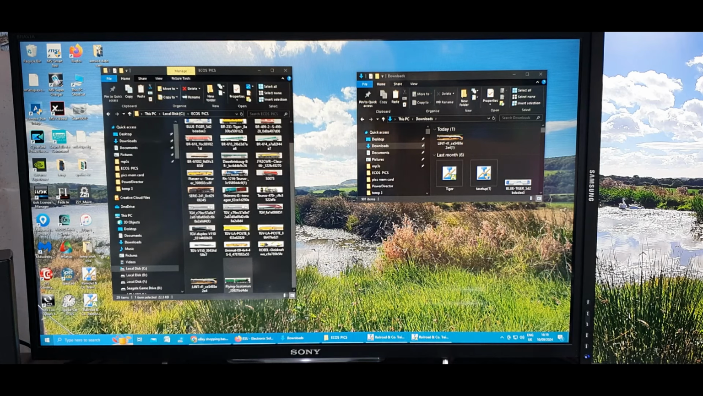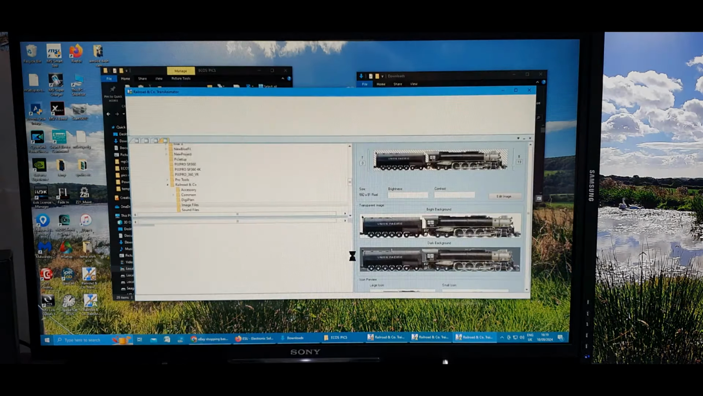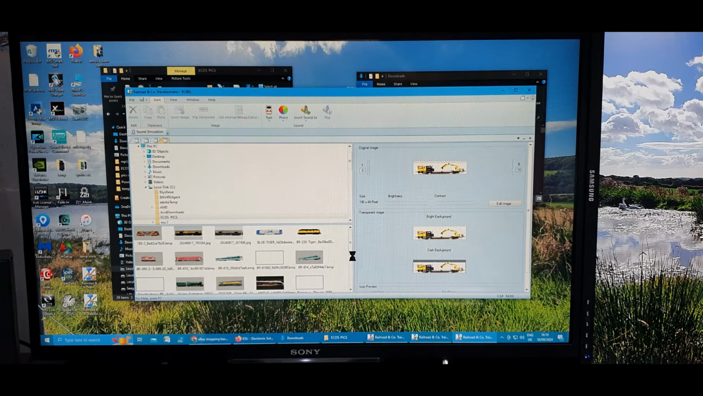It's quite good actually. So you wait for that to load up. From that program, you're going to access your ECOS Pictures folder on whatever drive you've got, and then convert them using this little program called Train Animator, which you can see there. There's the last one I did. So in Train Animator, you just select your ECOS Pictures folder,